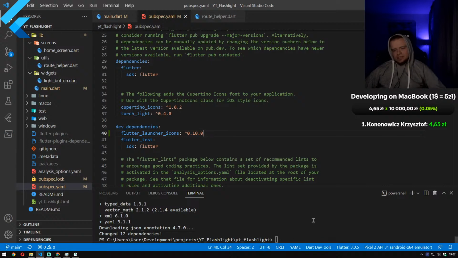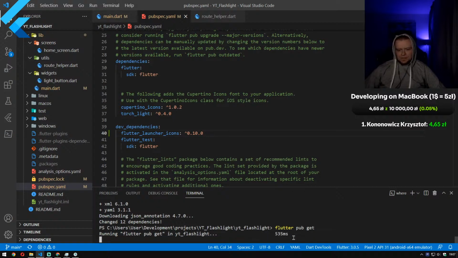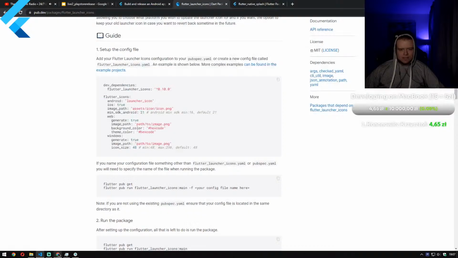However, if it's not, then we need to, of course, run the Flutter pub-get command, which we will do the same. Okay, it's done. So as we can see, here is an example of how to use Flutter icons. Basically, we need to update the pubspec.yaml file and add the Flutter icons section, and determine if the icon should be changed in Android, if it should be changed in iOS,